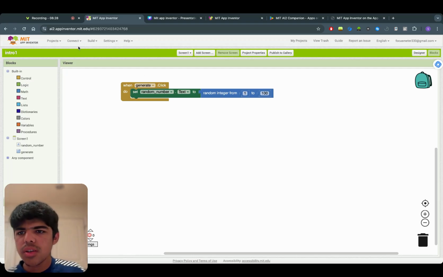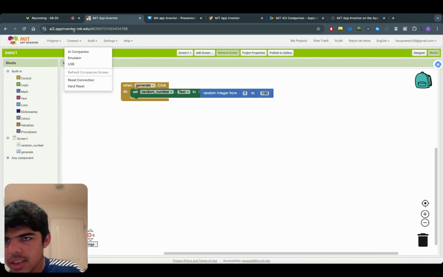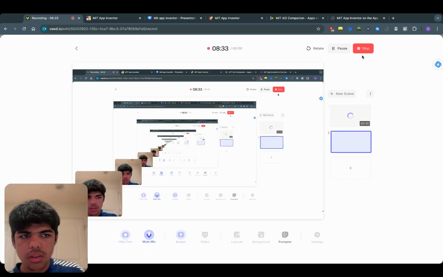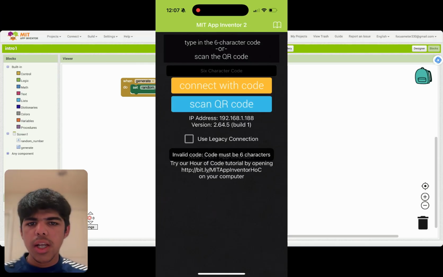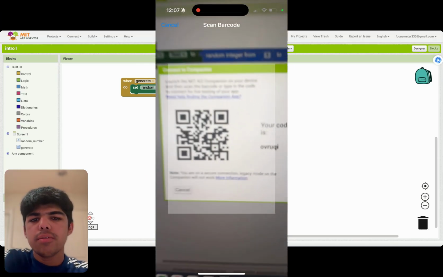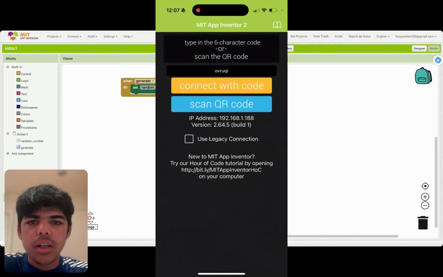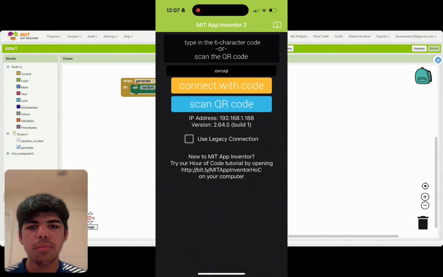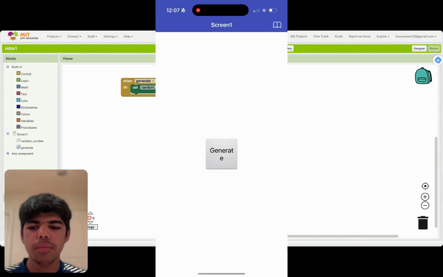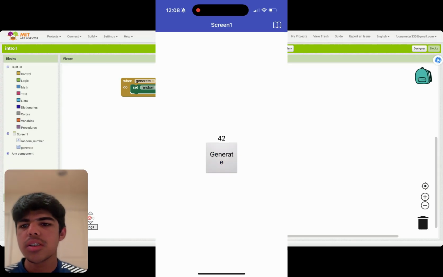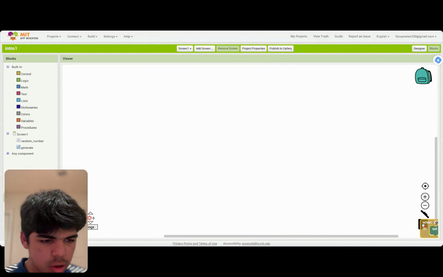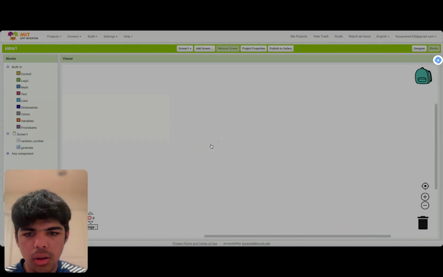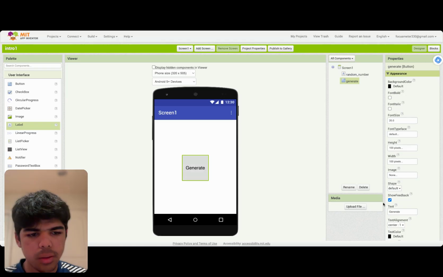So if you want, now let's click connect. Once you've downloaded the MIT App Inventor app, scan the QR code on the screen. After clicking the Connect tab, it'll take a few seconds, and your app will be shown on the screen. And as you can see, as I'm clicking the button, the number will generate. Congratulations, you've made your first app. Now let's head over and drag this code and trash it for now because we won't need it anymore, and we can delete